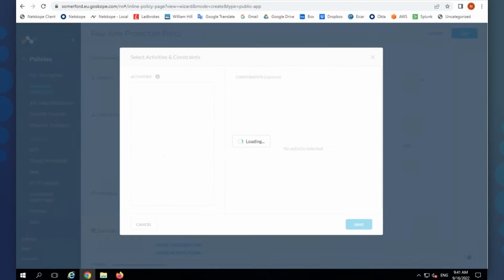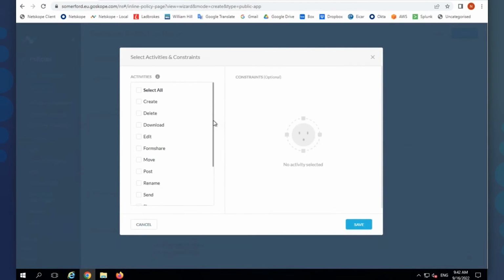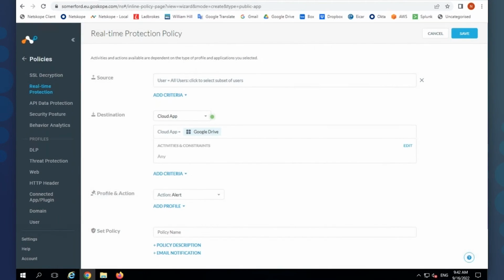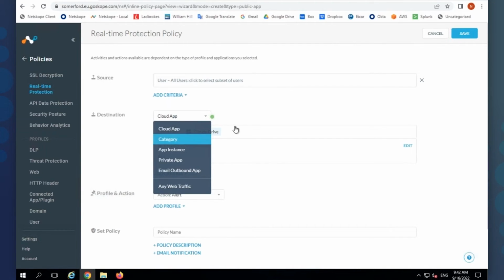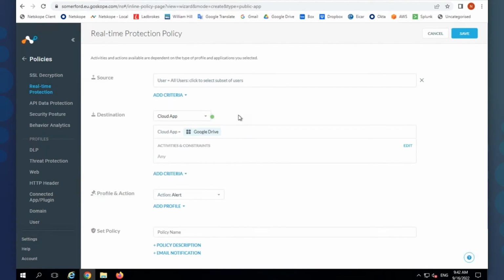And we will do an activity and constraint. And we're looking for the login one. Do we have login? No, we don't. So therefore, we can't do this one at the application level, but we can do it at web level. So let's change it to